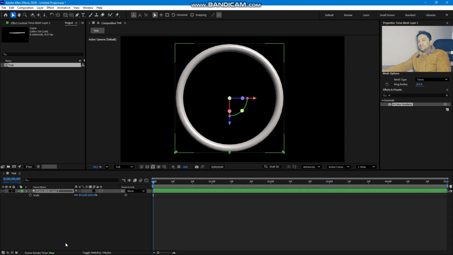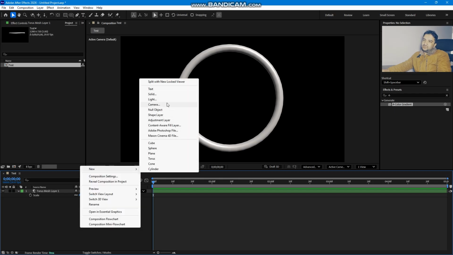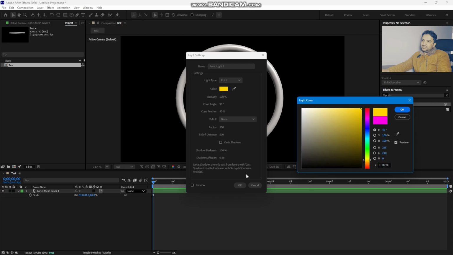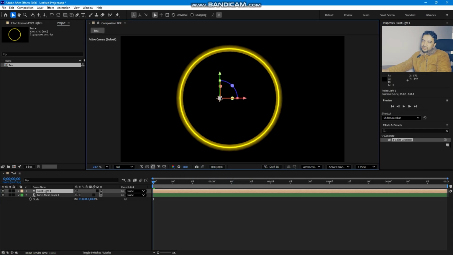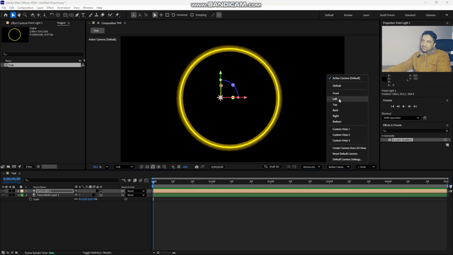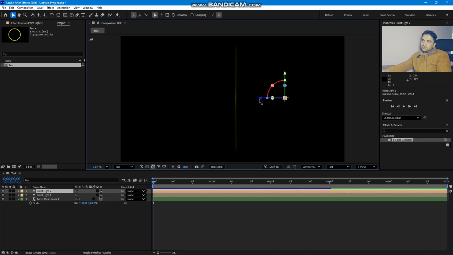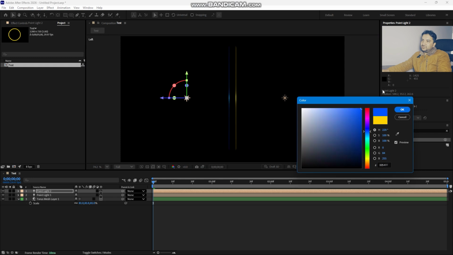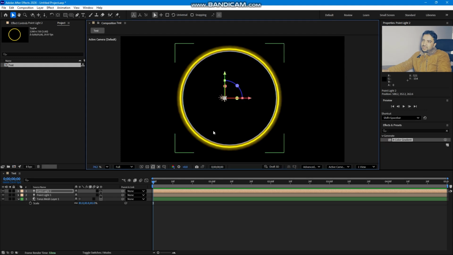So guys, and now I need to apply light. Go to select light, control apply the lighting. Click OK. Here you have lighting. Go to top view, take a look, make it a little bit closer and